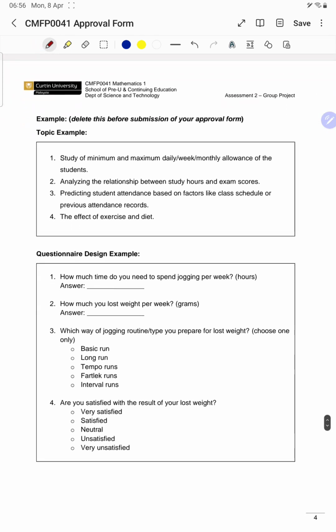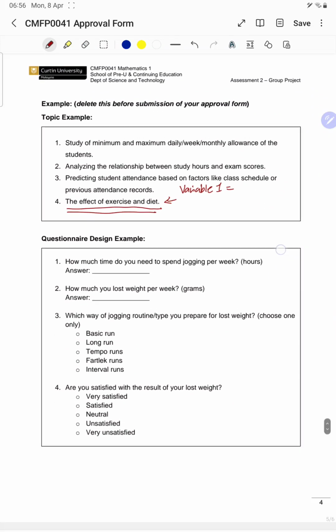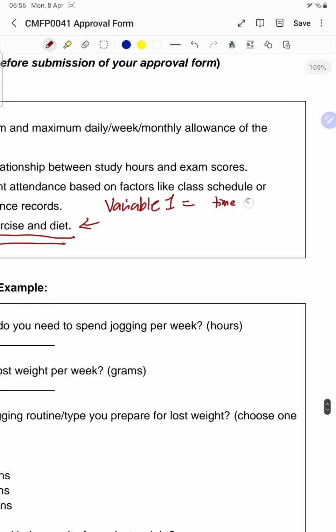Okay, so let's say if my topic example is effect of exercise and diet. So basically this is my topic of research, right? Topic of study. So for this one, I need to find the variable 1, I need to find variable 2, and I need to find the objective. So basically, let's say my variable 1 is amount or time spent. Let's say this one example. Let's say variable 1 is time spent